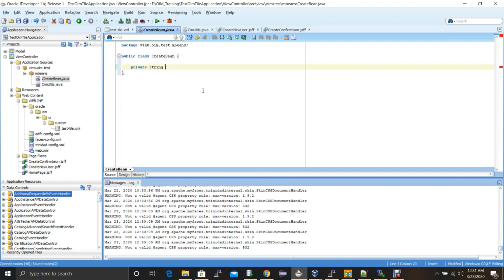And we took all these variables as string. Okay, it's the first name, last name, manager, user type, country. Okay, then